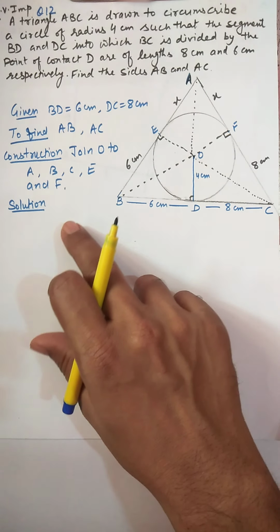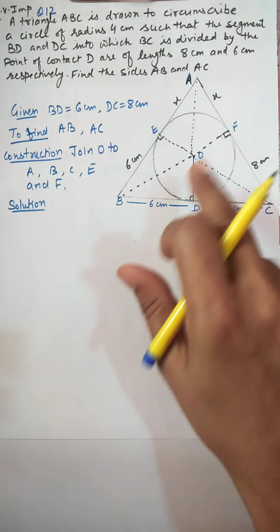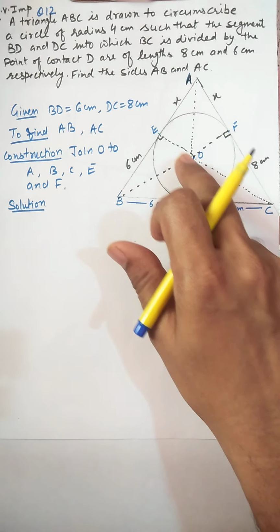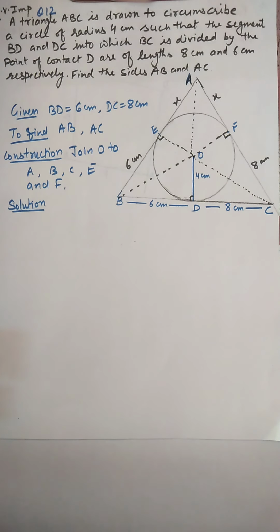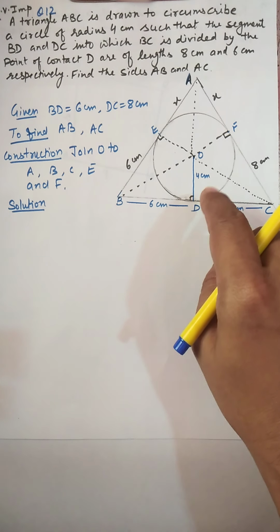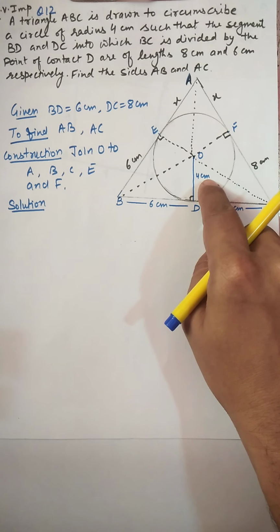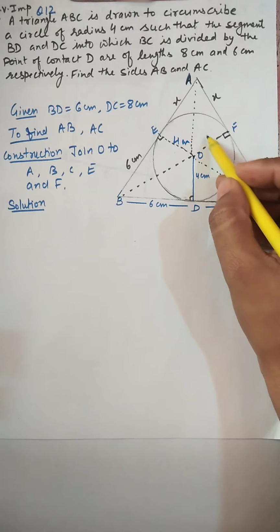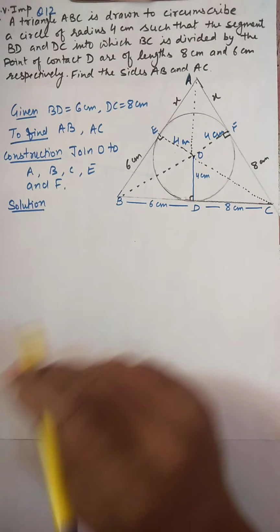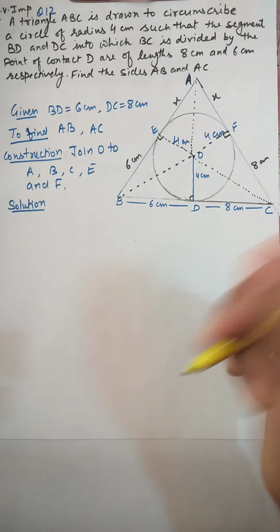So we start the solution from here, that this OE will be perpendicular because a line drawn from the center to the tangent is perpendicular at the point of contact. And next you can see this is also 90 degree, and this is 4 centimeter radius given, so it means this will also be 4 centimeter, this will also be 4 centimeter. So first we are going to discuss how we will solve this.